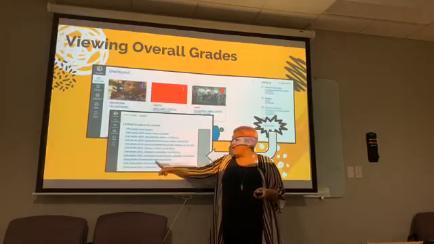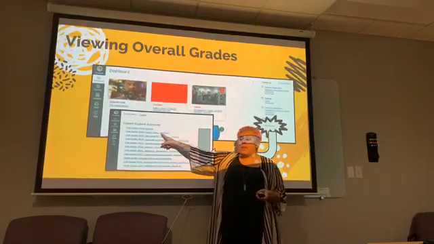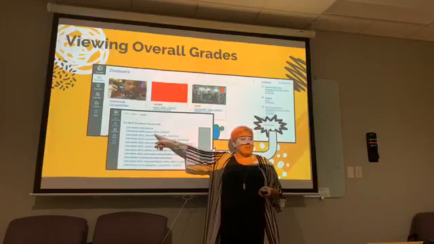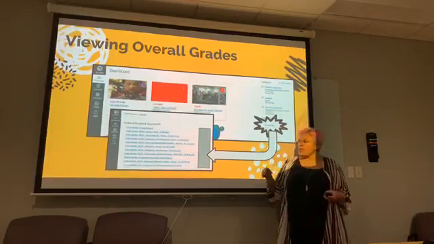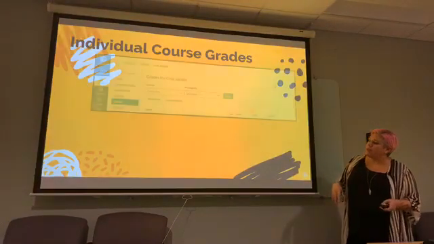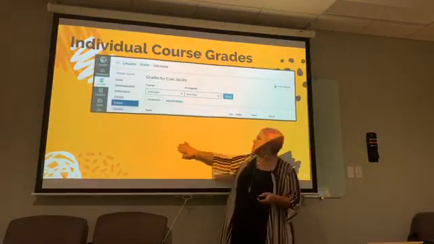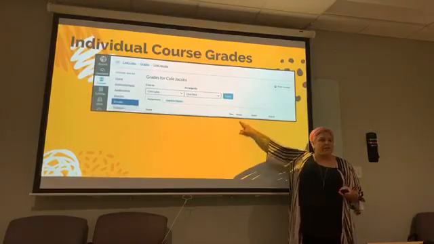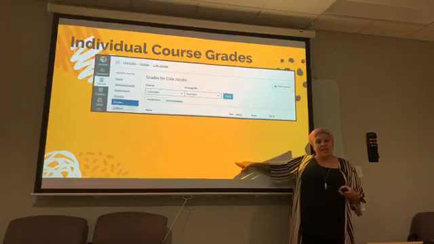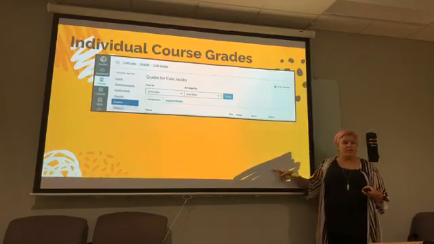So all of these links are links into their classes. So I can go in, I can see why he's got that D. We can click in it, and then I can see all the assignments. I can get an individual list here. So it'll have the name of the assignment. It'll have when it was due, what is its status, is it missing, or was it turned in late? What happened, what he scored, what were the points out of.